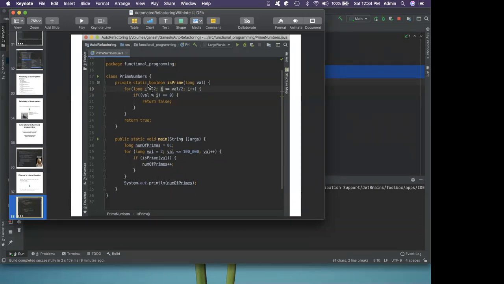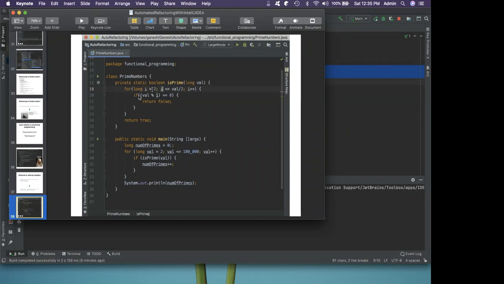How will you convert this isPrime code? That's a lambda. Yeah. Make it a lambda? You mean the same for loop and if condition? Filter by lambda expression.